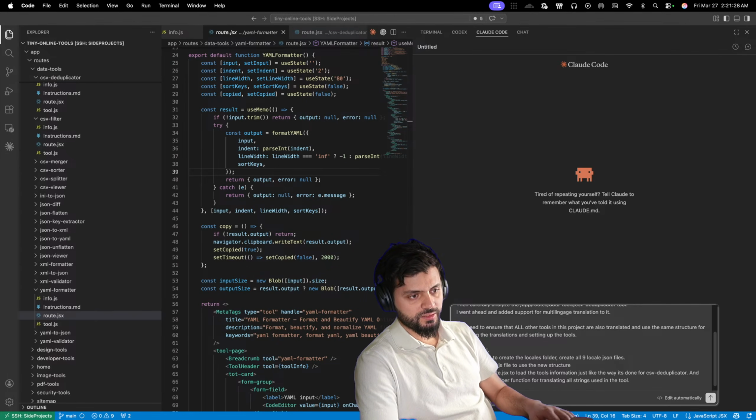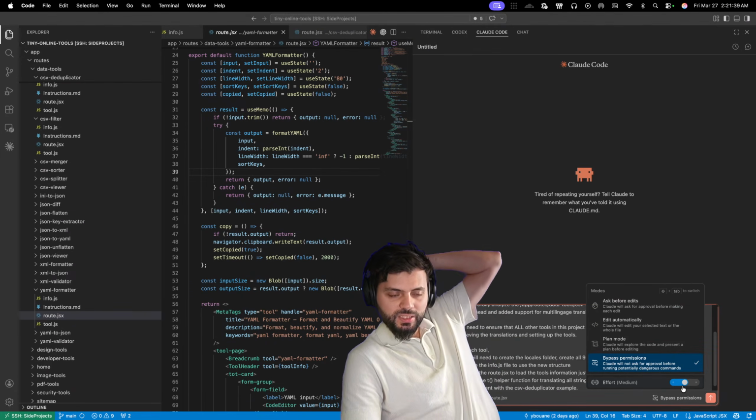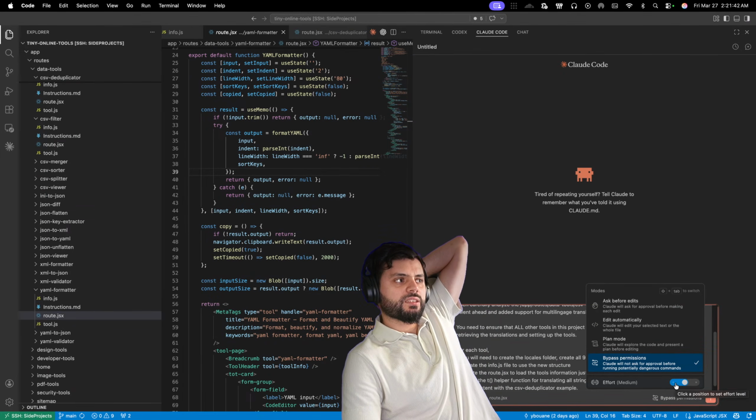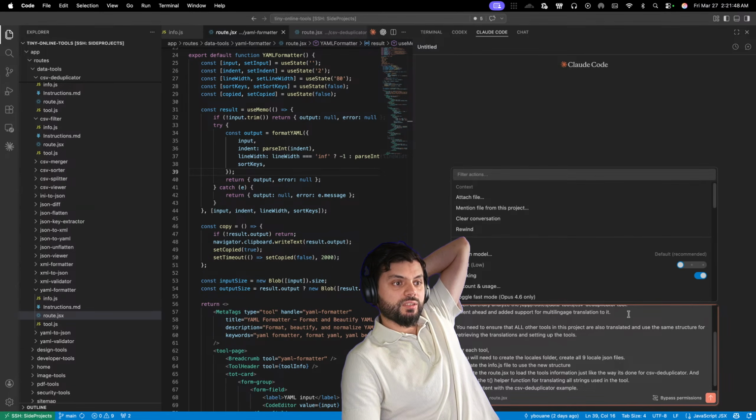Be consistent with the CSV deduplicator example. And let's do bypass permission. Do we need a lot of effort in this? Honestly, we don't need a lot of effort. So let's just disable that function to ensure that we're not gonna